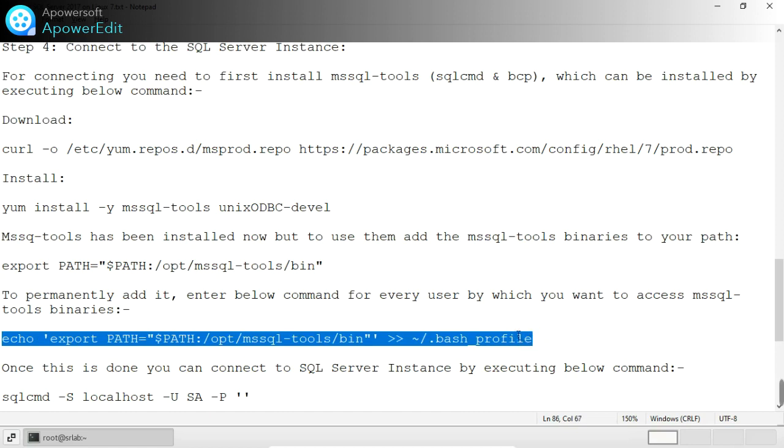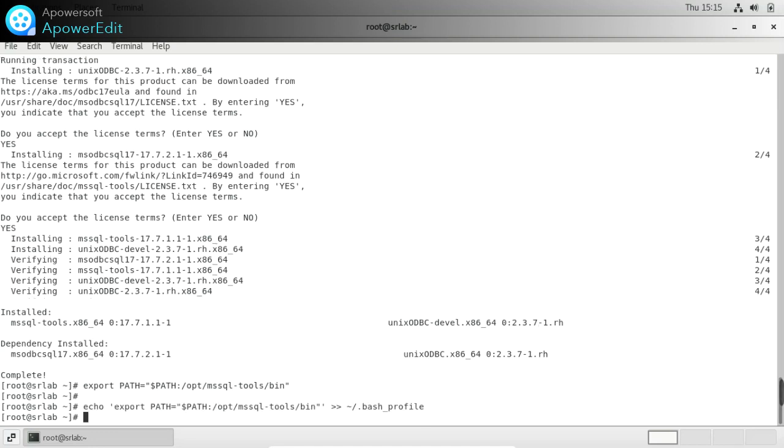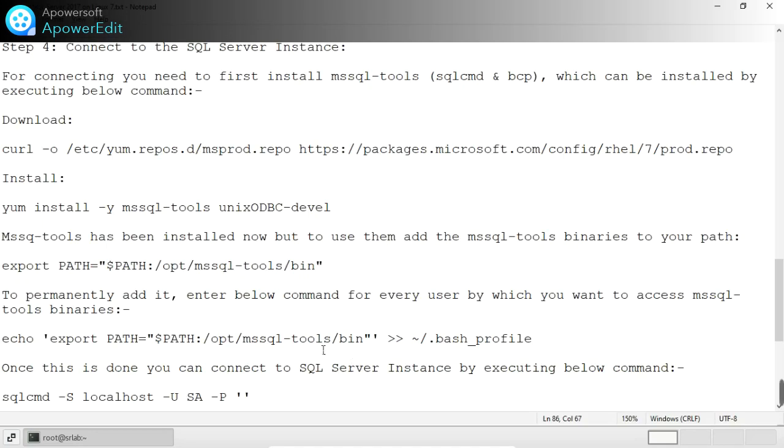It will be added for the root user, but we need a separate user for MS SQL, which we need to create, and we can add that path to its bash_profile as well. Now I am adding it for the root user as well. Permanently I have added. Once this is done, you can connect to the SQL Server instance by executing the below command.